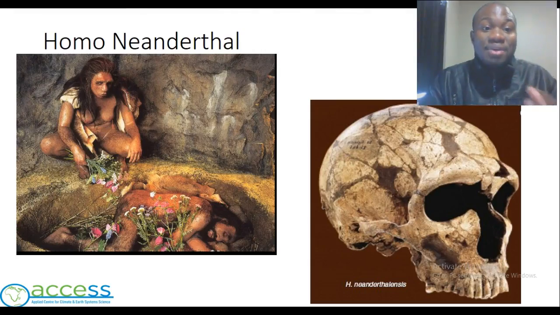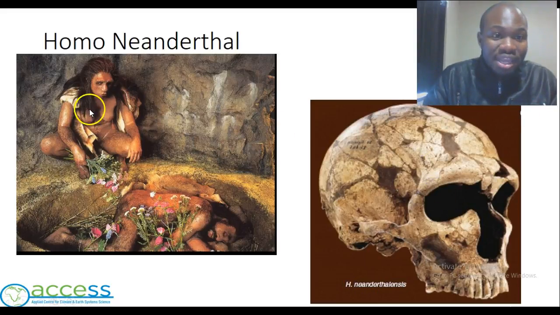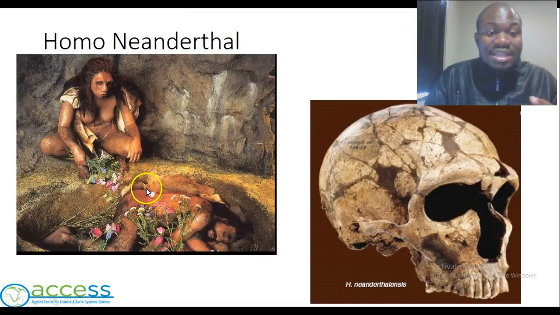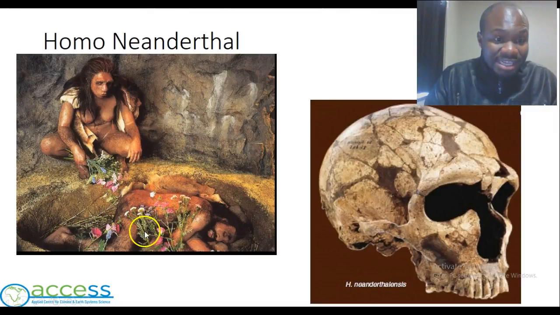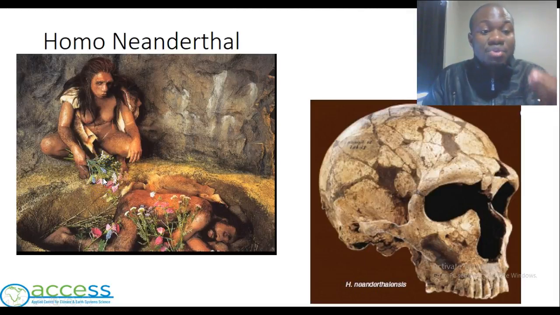Now we have the Homo neanderthal. The Homo neanderthal is clearly shown in the diagram. These were the most complex again in the way they handled themselves. They are believed to have used symbolism, as seen in that they actually took care of the injured. They even stood out in the sense that they buried the dead. The fact that they are carrying flowers is a sign that they used symbolism to show that they believed in